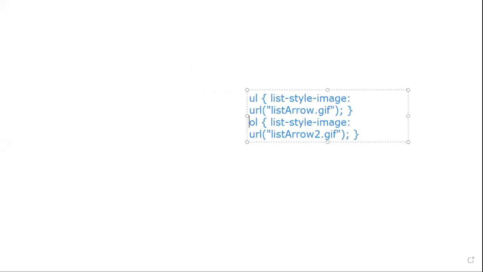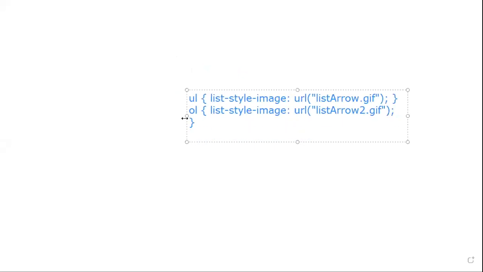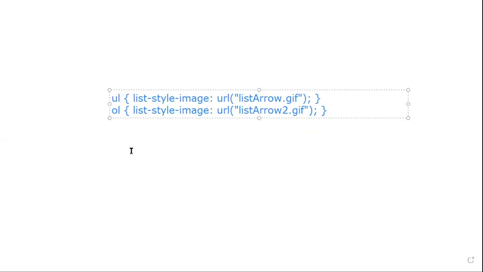So how can we do this? In the case of the unordered list, we use list-style-image and the URL of the image or the name of the image. As we have already discussed, if the image and the code are in the same place, then we can write the name of the image, and the web page will automatically identify the image from that section. And in case the image is not present in the same file or folder, if it is present in some other folder, we need to mention the total path of that image. That's why it is written as URL, the name of the image, and whatever the extension of the image, whether it can be GIF, PNG, JPEG, anything.